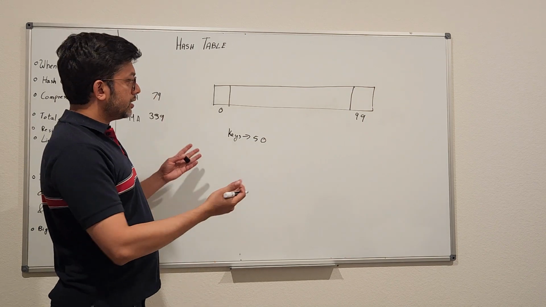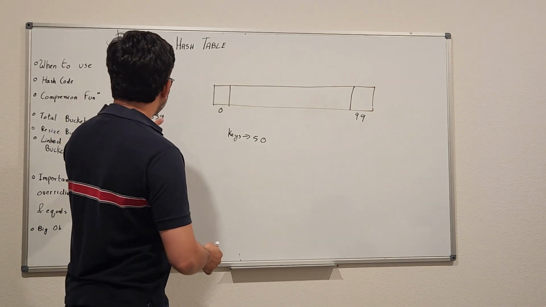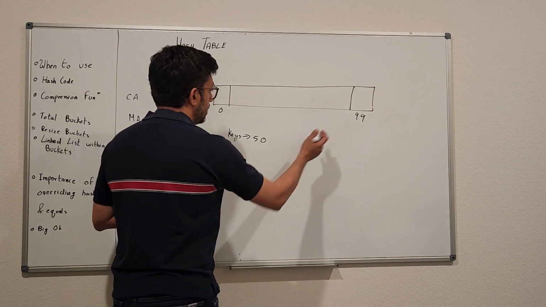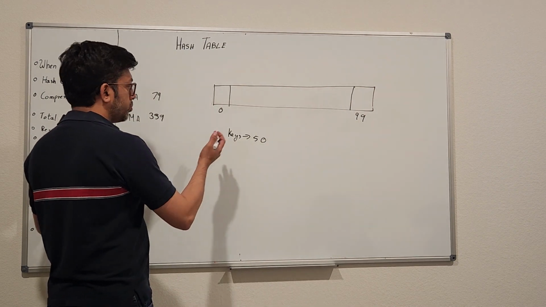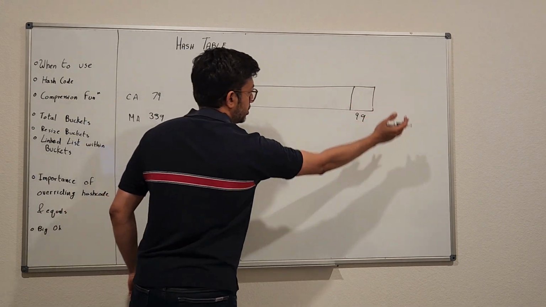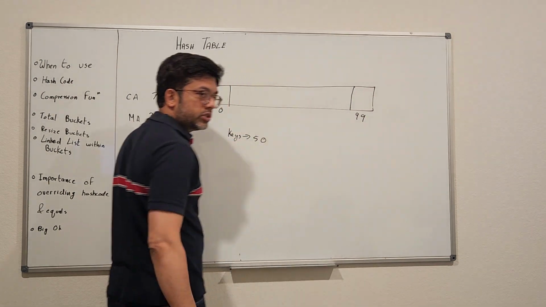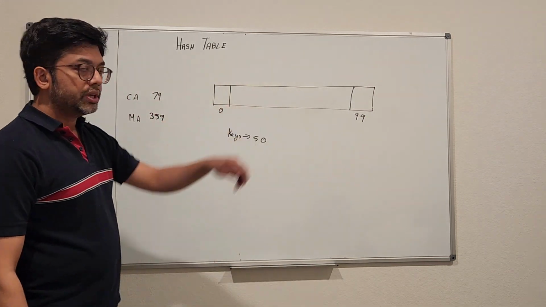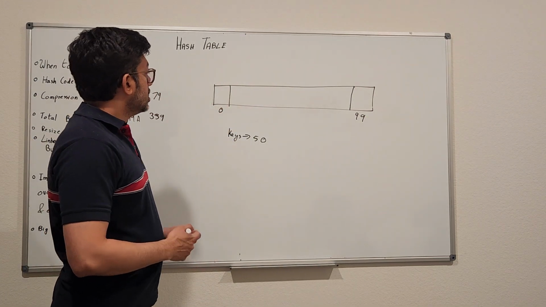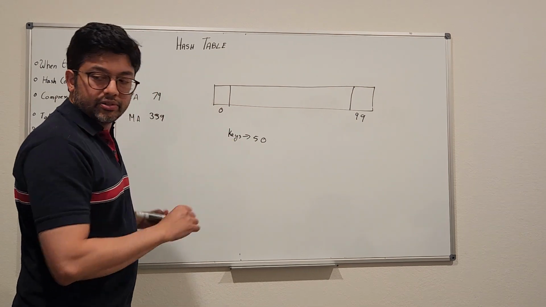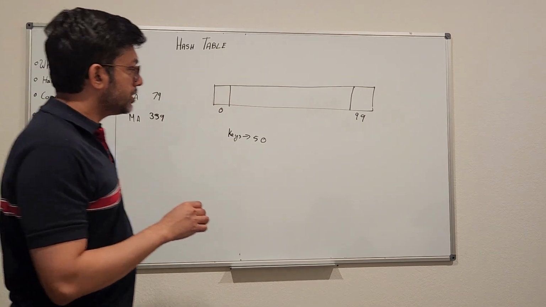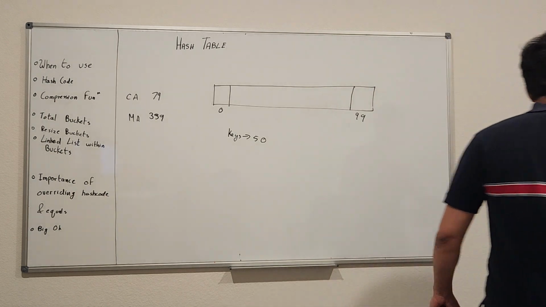Now you might think, how will this work? Because California is 79 and Massachusetts is 339, which is beyond this. So California will fit here, Massachusetts will not fit here. So how do you bring it down to 99? That is where a compression function comes in. So the way compression function is defined is